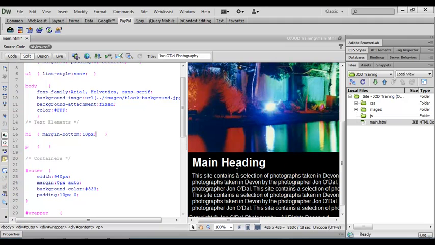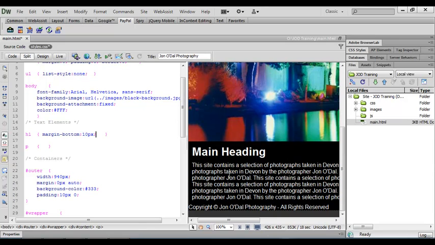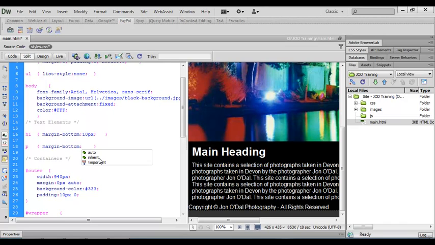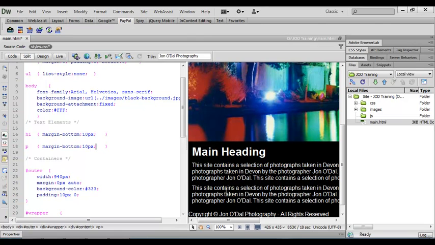Finish it off, and then when we click over, we get that little bit of space just underneath our heading. It would be a good idea to do the same thing for our paragraphs. If we have two paragraphs of text, we don't want them bunched up close together. So we'll come in the P tag and we'll do the same thing. So we'll type margin bottom 10 pixels. And when we come across and click, you'll see now that both of our paragraphs of text have